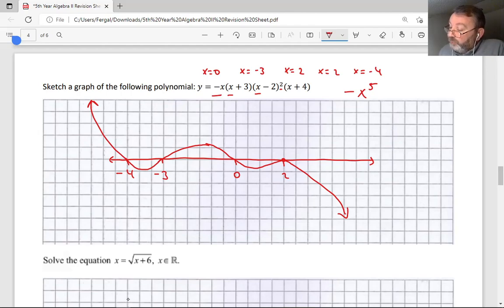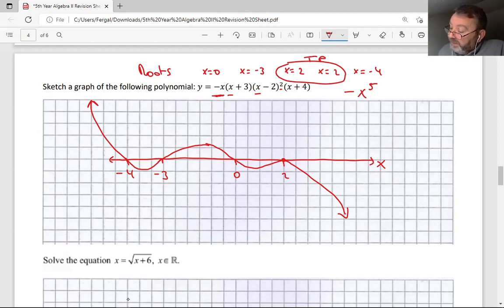Always write down the roots first of all. So there's your roots, because that is where this polynomial is going to interact with your x-axis. So make sure you turn all your factors into roots. That's 0, that's minus 3, that's plus 2 twice, and this one here is minus 4. So find out where they are. Then remember that if one root is present twice, that's going to be a turning point. And the last thing you do is you just, that's a TP, turning point, and then you just multiply your